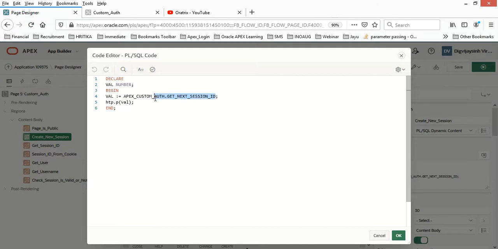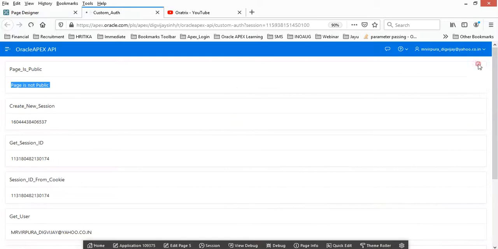It will provide us with the next session id, which we have stored into the variable and are printing. Let me run it again. As you can see, a new id is allocated every time I refresh. Currently it is 619, and if I refresh, I get a new session id. So every time you refresh the page, you get a new session id. This is used for that.